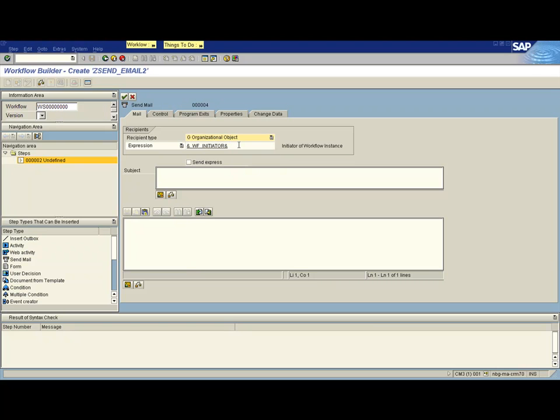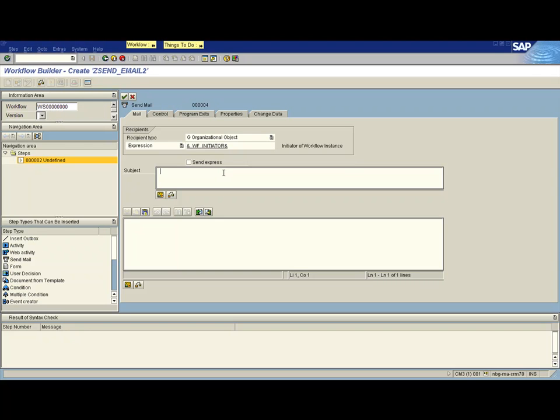From now, choose the standard, the expression, the organizational object, and choose the expression from this drill down combo box, the workflow initiator. It means it will send an email to the creator of the workflow, the tester of the workflow.